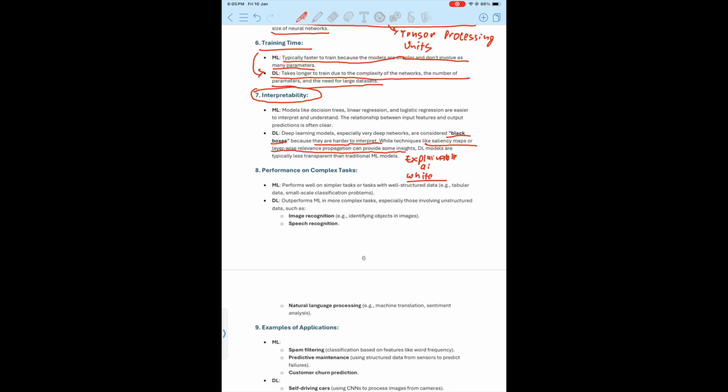Performance on complex tasks. ML performs well on simpler tasks or tasks with well-structured data, tabular data. So basically ML works better in statistical settings. ML is basically about statistics, mathematical statistics is implemented, and DL is more of an implementation of neural networks. So we can write this thing, ML is more of